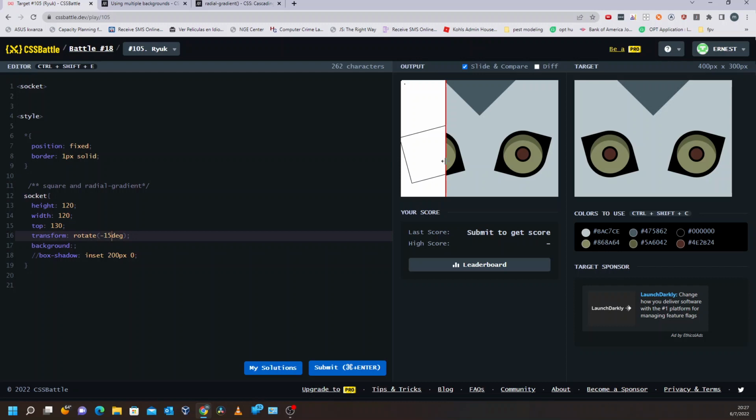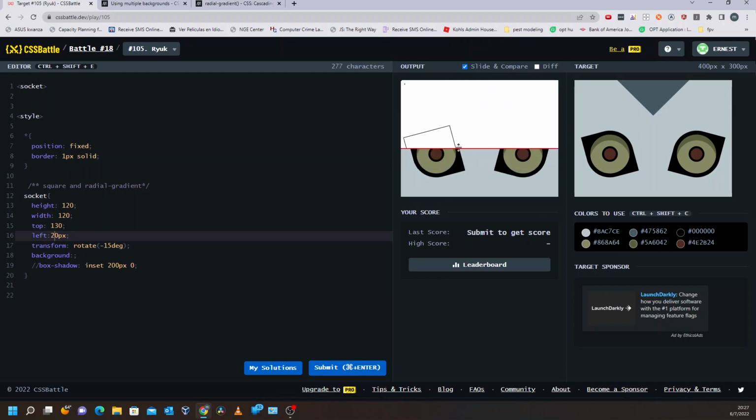Okay, that is tricky, because if you push left here, let's do left. Okay, it should go a little bit more. Maybe it's 30. Awesome, so we got that,